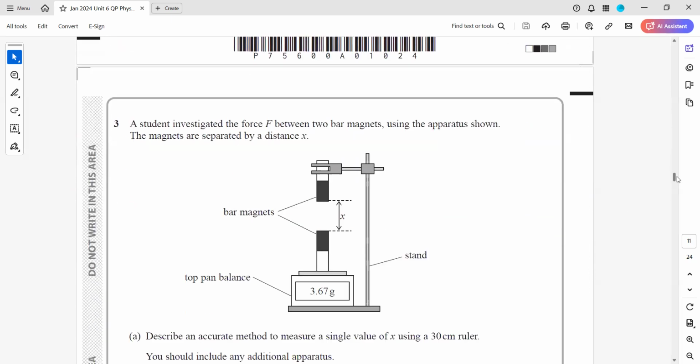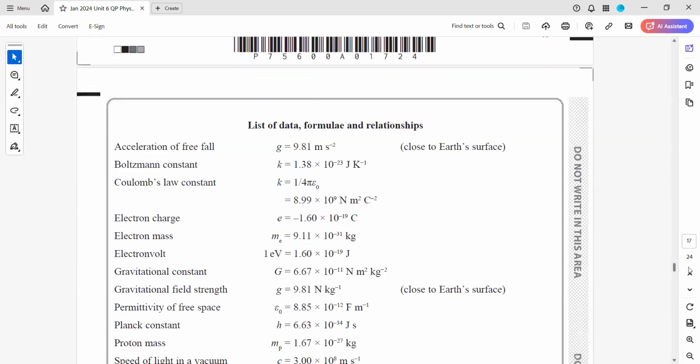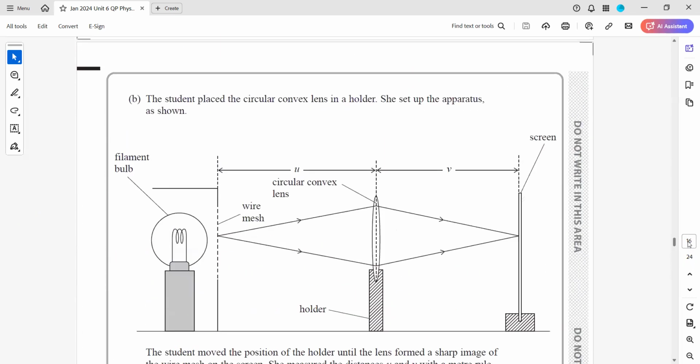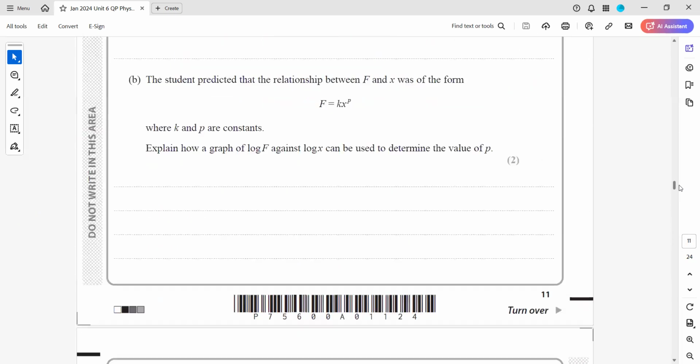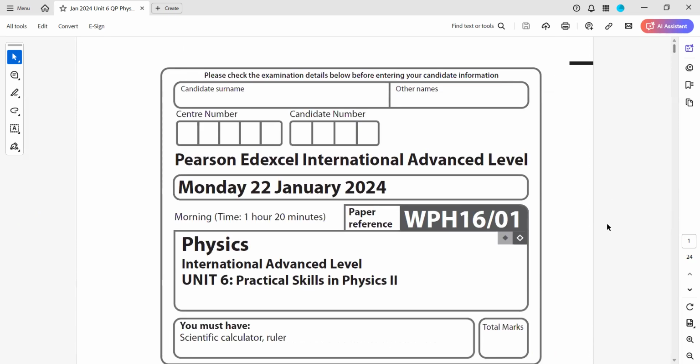So this is question 2. Next, question 3 is there. Very short paper. Next we will do